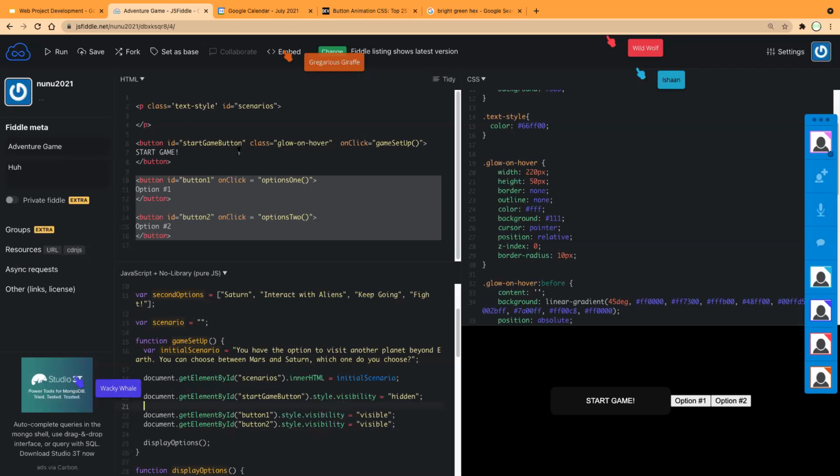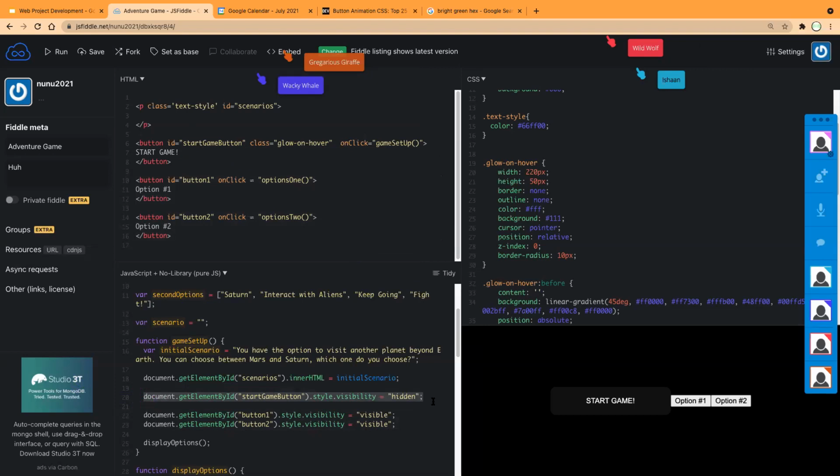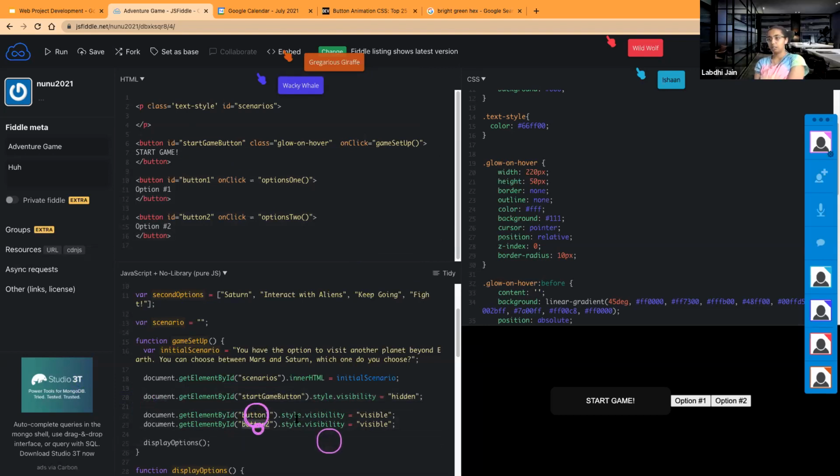But where did you copy that from? I'm sorry? Where did you copy the code from? Right from over here, the start game button. Oh, okay. And then I just changed the ID and changed hidden to visible. That's it. Other than that, we want to turn this visible, but they have to be hidden when we start the game. So all we have to do is over here, we have to say